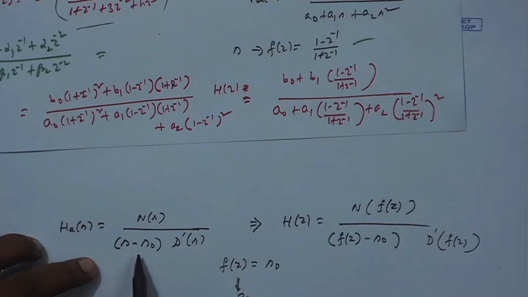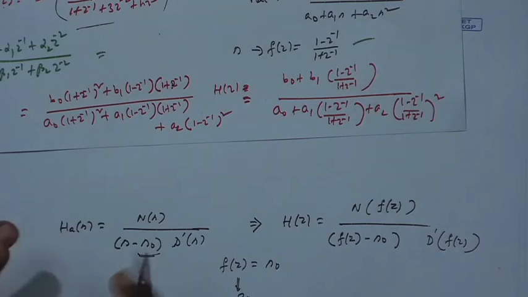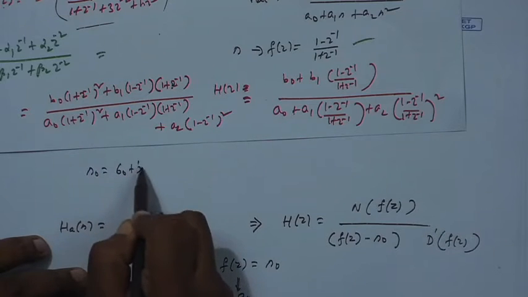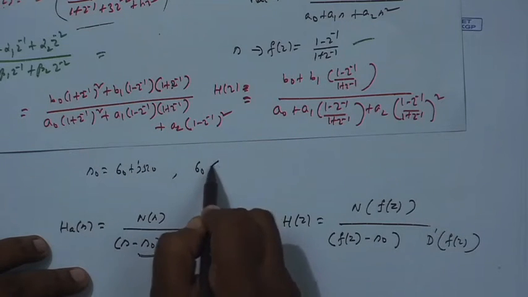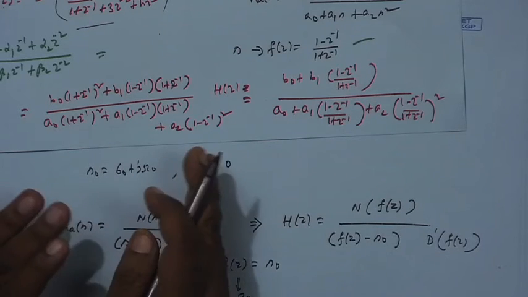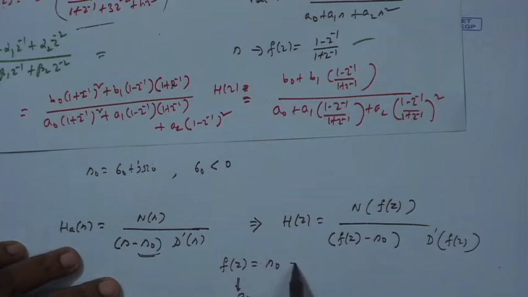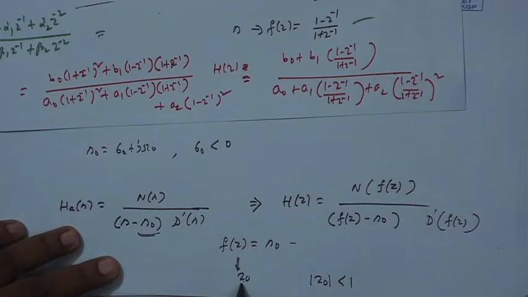Now, I want my original pole. My original system was causal and stable, therefore, if the pole S 0 had sigma 0 plus j omega 0, then I know sigma 0 is negative. That is, the pole should be on the left hand side of the j omega axis. So, sigma 0 should be negative. If it is given that sigma 0 is negative, then for this H(z) to be causal and stable, the new pole z 0 should be such that mod z 0 is less than 1, that is, z 0 lies within the unit circle.